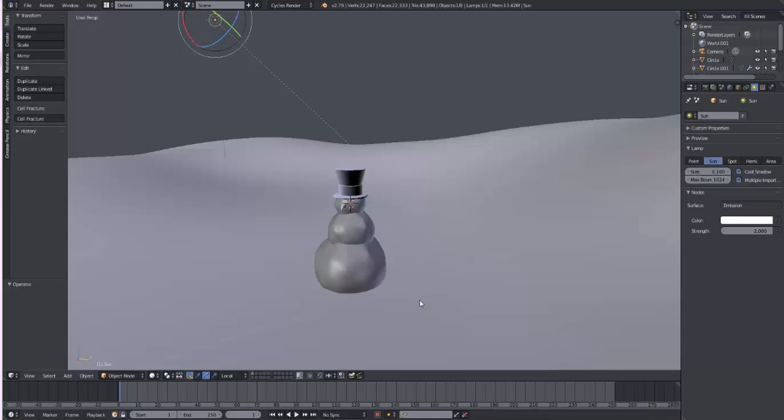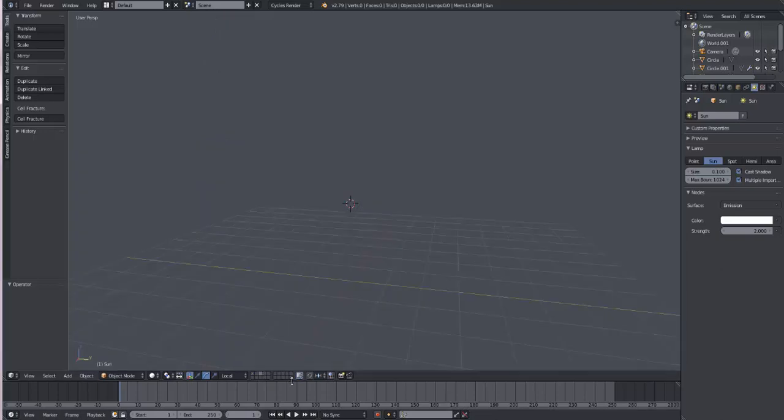Okay, to make the arms, we can do the same thing we did with the nose, but I'm going to do something a little bit different. I'm going to use a skin modifier. And so to use the skin modifier, I'm just going to go ahead and say Shift S, cursor to center, and then I'll look at number pad 7 to look at this from the top down. And why am I way over here? Anyway,